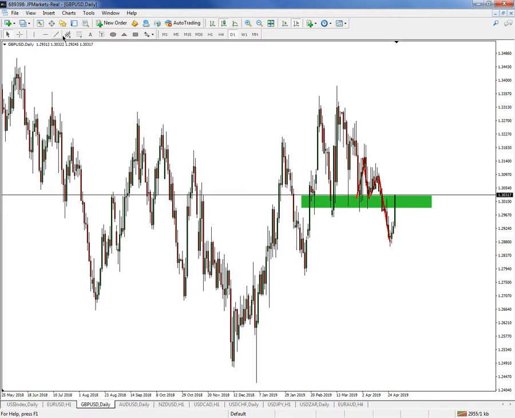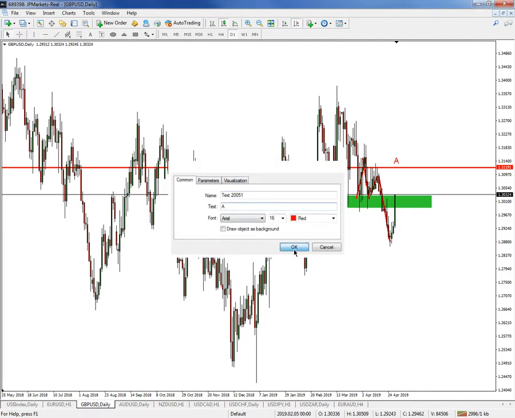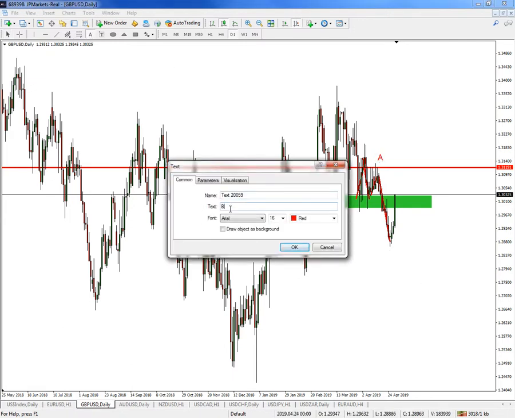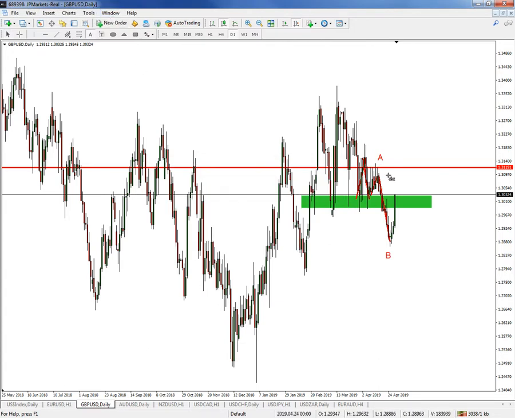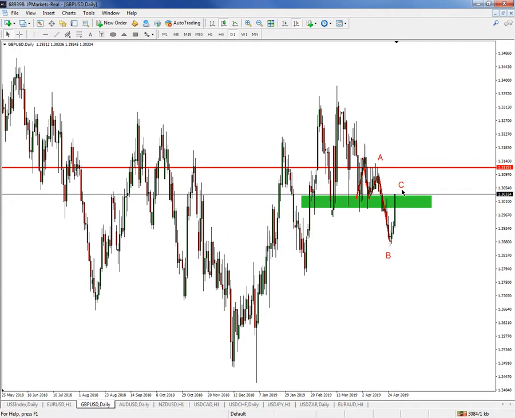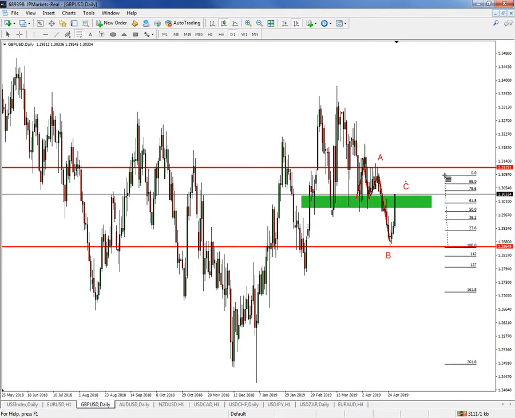So I'm going to take a horizontal line over here, stating that this is my A. Again, this is subjective, so this isn't something everyone sees in the market. It can help us identify potential trades, but we shouldn't rely on it too much. Qualities of a trend for me is the most important, as everyone sees candlesticks. I can't stress that enough. But we have a B, C. Put a horizontal line on my B, and I'll draw in my fib from B to A.